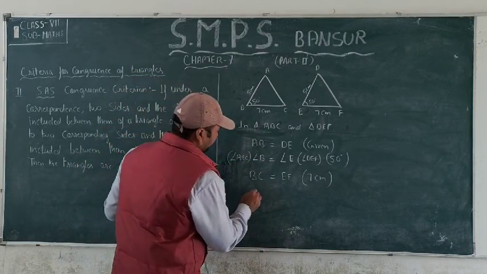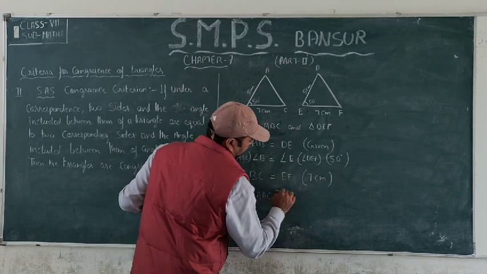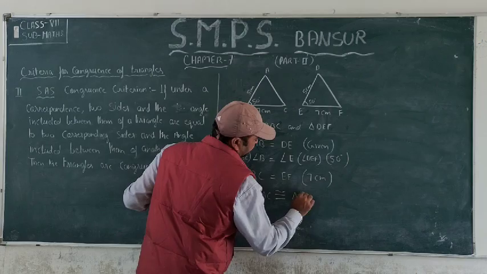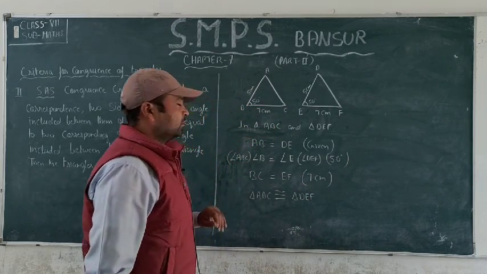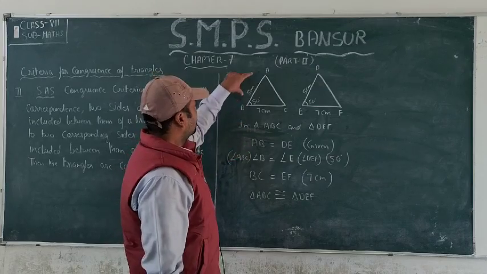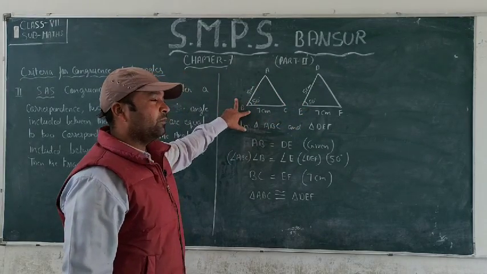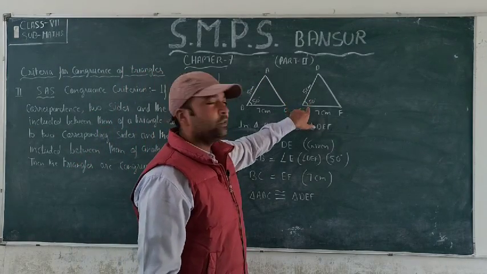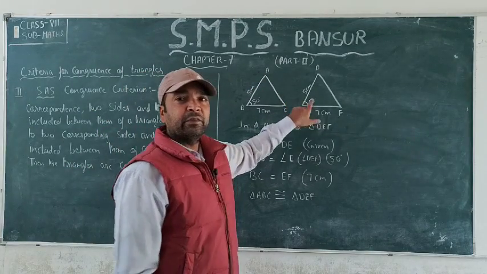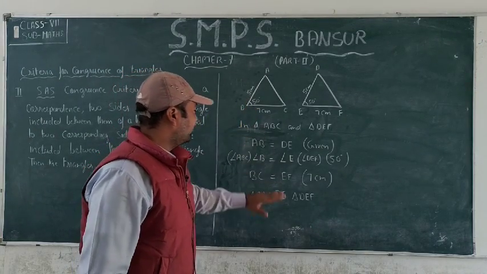So we can write triangle ABC is congruent to triangle DEF. Okay, is it clear? Two sides and one included angle. So if two sides and one included angle of one triangle are equal to the two sides and one included angle of the other triangle, then we can say that the given triangles are congruent, and that we have proved